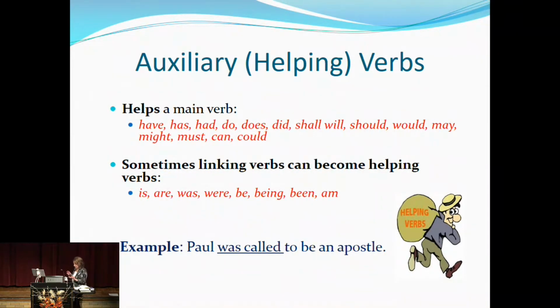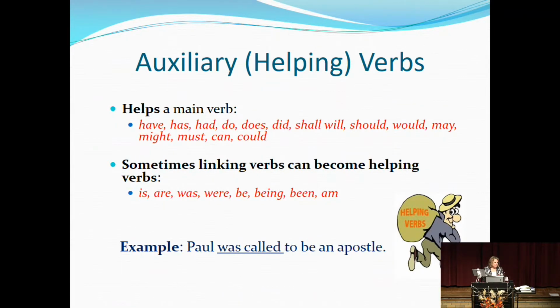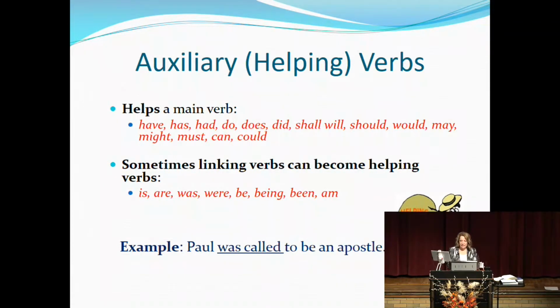So again, we have those 3 verb types: action, linking, and helping. And by the end of the semester, when we're talking about linking verbs, I think you're going to be able to rattle them off to me and say, I identify them: is, are, was, were, be, being, been, am. You'll be able to rattle off to me the helping verbs because we'll use them so much in our lessons and in our homework, and we'll also note them in the verses.